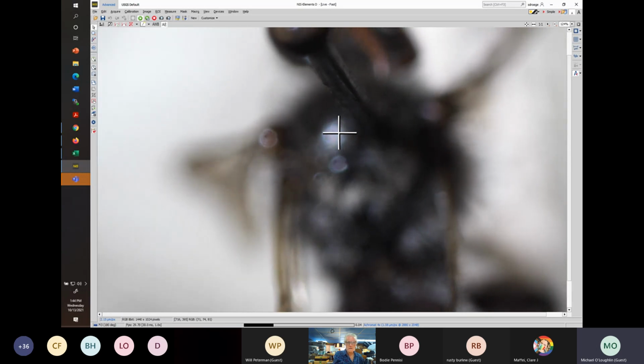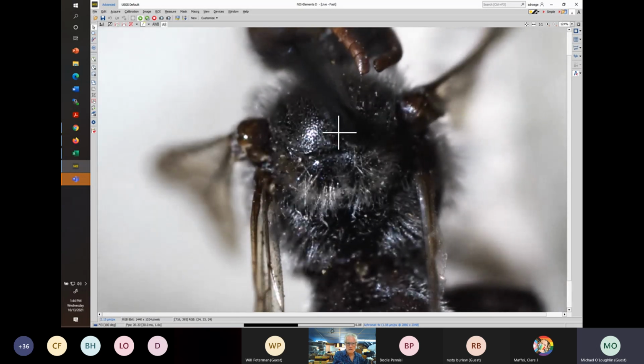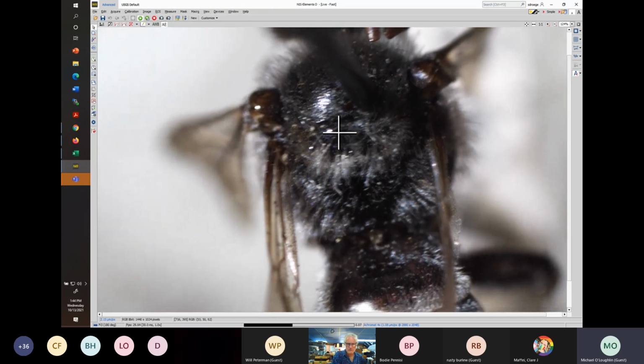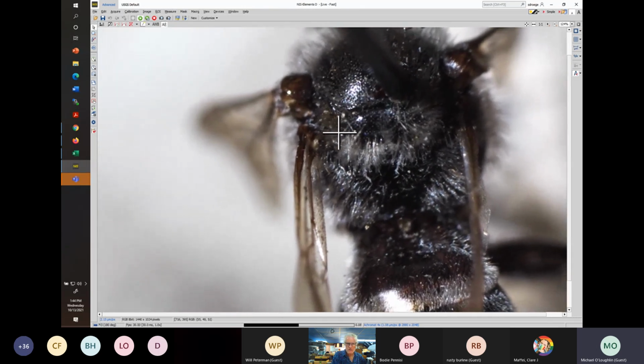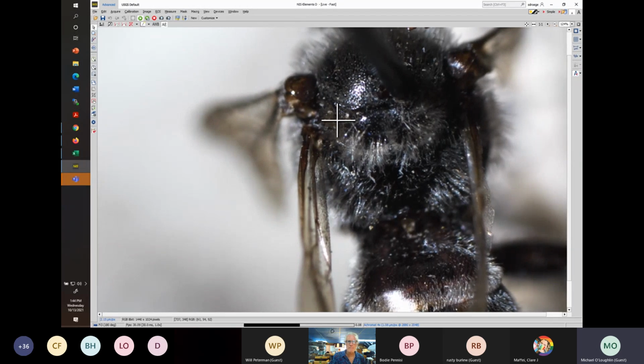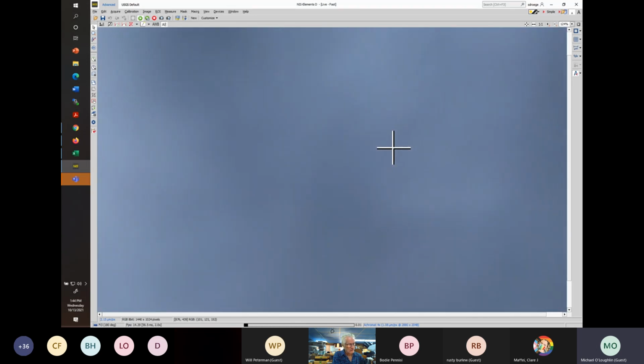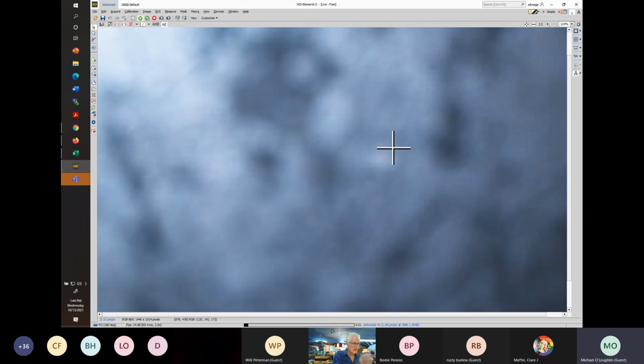Try and get the light. It's a little difficult to see because there's a fair amount of hair here. Here's the scutellum, but you see no projecting anything out of here. So this is the area the axillae would be, but not projecting. And finally, on the wing,